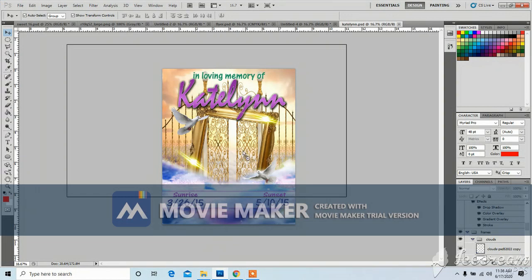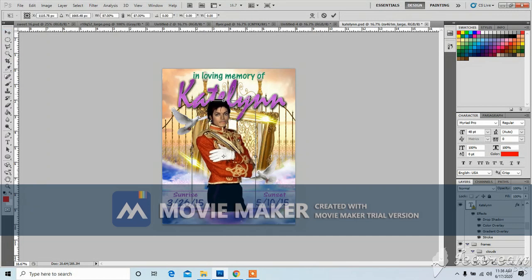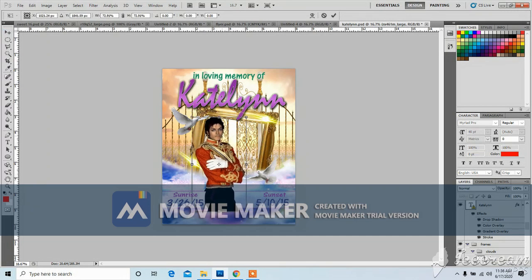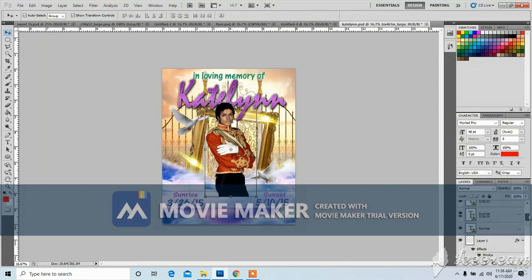I just drag him over to the PSD icon at the bottom. Look at him, he's in there. I'm gonna decrease his size by holding shift and clicking right. Put him on top of the layer. We'll go find him. He's on the top of the layer palette. Bring him down